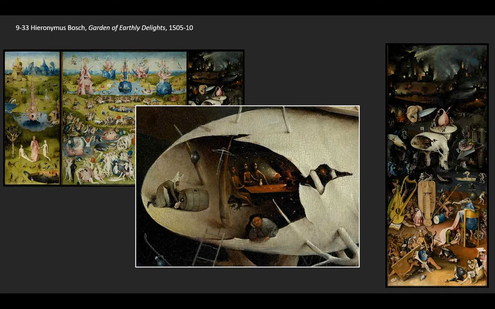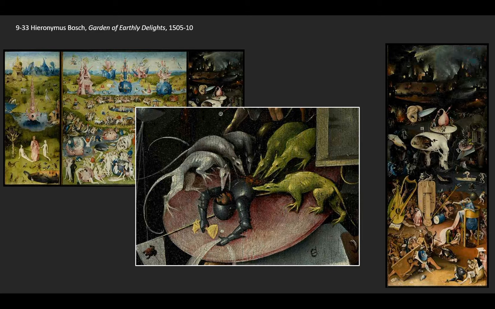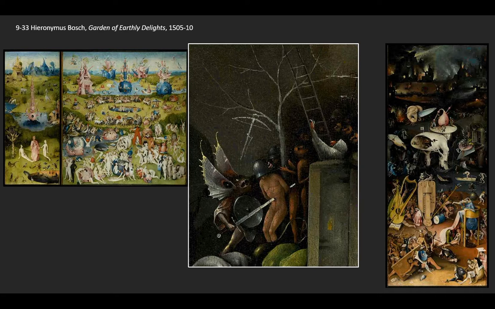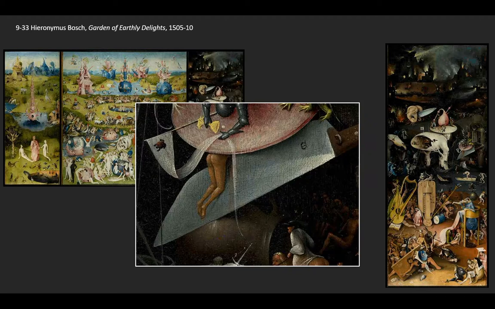As we look through the rest of the panel, we see that people are being horribly, horribly tortured. Here, a bunch of demons attacks a soldier who seems to still carry in his hand a goblet, maybe a reference to the communion service, but that hasn't helped him at all. His neck has been torn apart. He's being gutted alive by these demons. Another man directly behind him, also a soldier, his crossbow hanging in the tree, is being skewered by this demon. So people are just horrifically tortured everywhere we look within the image.